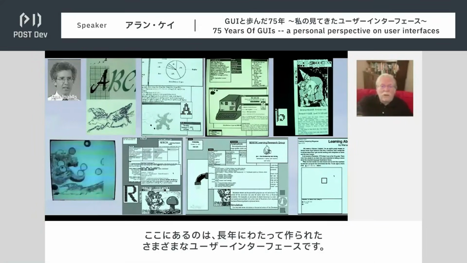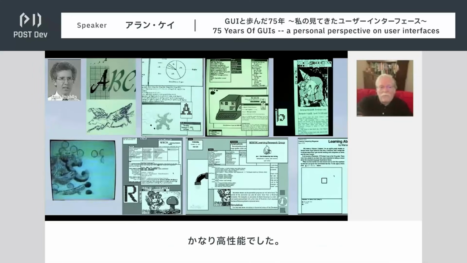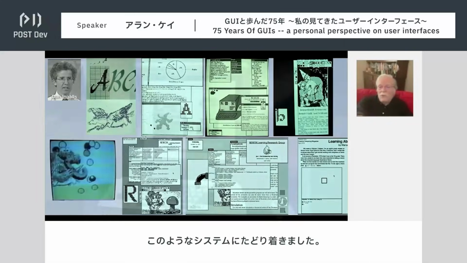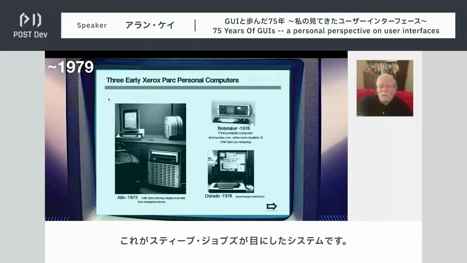So these are different user interfaces over the years. In the lower left there, you can see what animation was like on the Alto. It was quite capable. And we finally got to around 78 and 79, to a system that looked like this. This is actually the system that Steve Jobs saw.